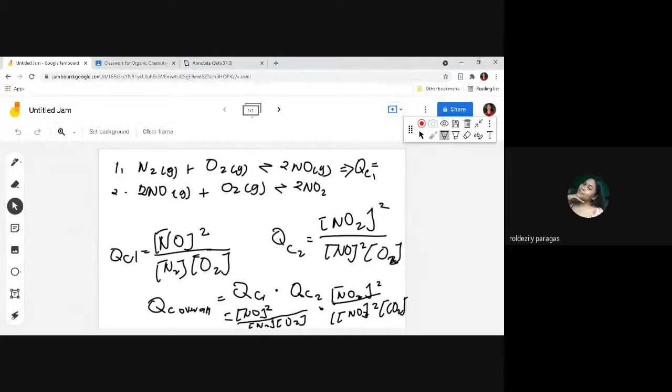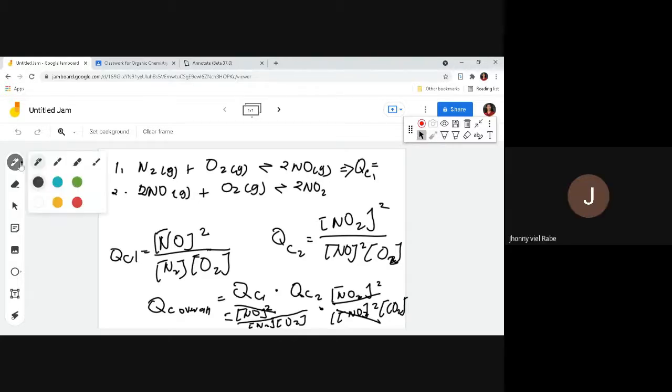Multiply the value first of the QC. Okay, we multiply them, class. So, what's this? NO2 times NO2 over... NO to the power of 2 cancels out. NO cancels out. So we will be left with NO2 to the power of 2 over